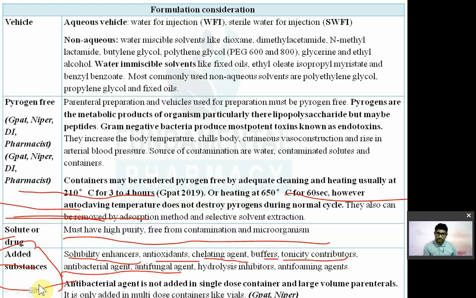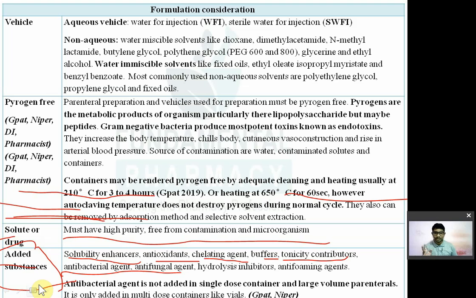अगर कोई सिंगल डोज कंटेनर है, जैसे आपका एम्प्यूल हो गया, एम्प्यूल क्या है? सिंगल डोज कंटेनर। जैसे आपका इंट्रावेनस फ्लूइड हो गया, जैसे डीएनएस, आरएल, रिंगर्स लैक्टेट सॉल्यूशन 1 लीटर का, तो वो क्या है? सिंगल डोज है। एक बार उसको परचेस किया, एक बार उसको ओपन किया, पूरा पूरा लगाना है। ऐसा नहीं कि आप लगाओगे हाफ एन आवर में, बाद में फिर से लगाओगे, उसको फेंक देना है।